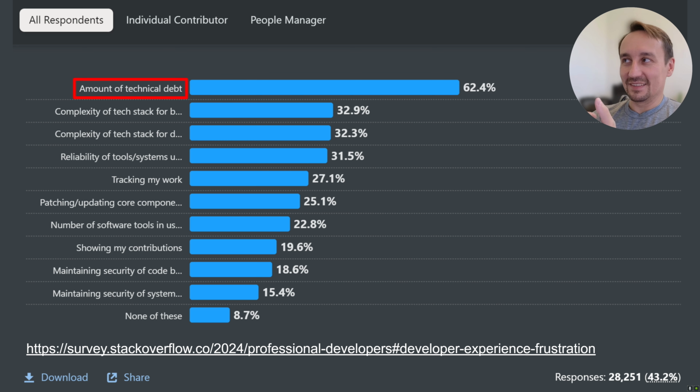It's the amount of technical debt in literally every system that lives for years. That's the number one thing that bothers everyone. Well, at least if we're talking about developers, right? So